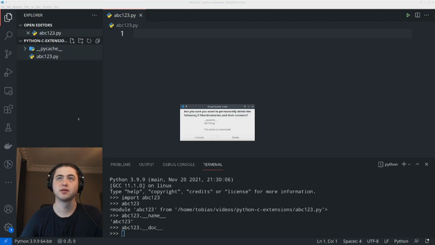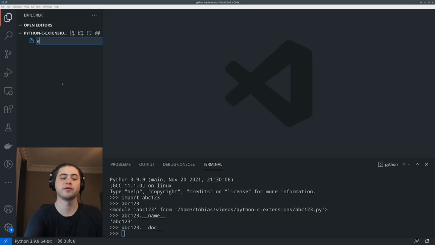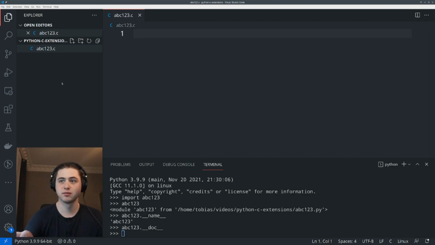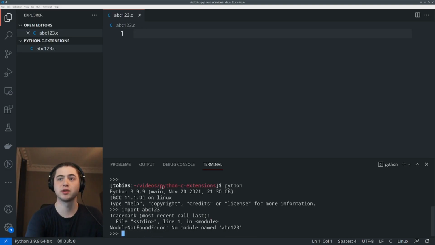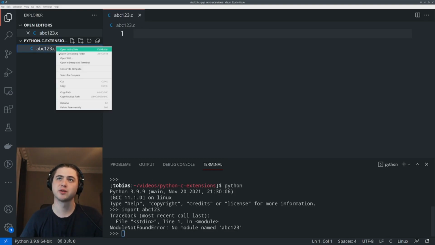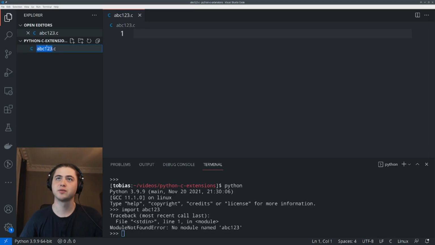Let's try to see how we could, let's say we just create a file abc123.c and we restart the interpreter and we try to do import abc123. Okay, that didn't work. No module named abc123, so maybe that was a little bit naive, but it turns out it's not too far from how it works. If instead of .c here we had .so,